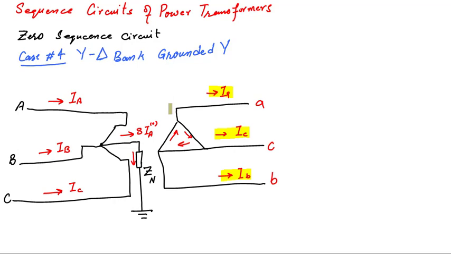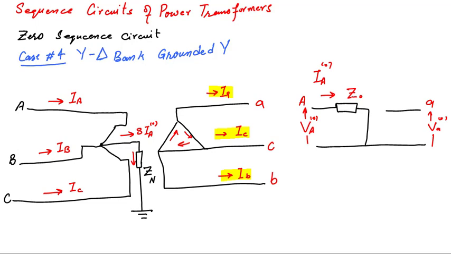If we draw its sequence equivalent circuit, this is the zero sequence equivalent circuit of a Y grounded delta transformer. Here we can see there is a path for the flow of zero sequence on the Y grounded side that will flow into the ground, but that current cannot move towards the delta side due to this open circuit over here. Zero sequence impedance will be equal to the series impedance of the transformer, or leakage impedance, plus 3 times Zn. If grounding has been done through zero impedance, then this Z0 will become equal to only Z series, meaning the leakage impedance. So this is the leakage impedance of the transformer.